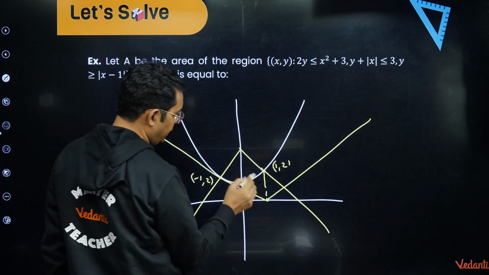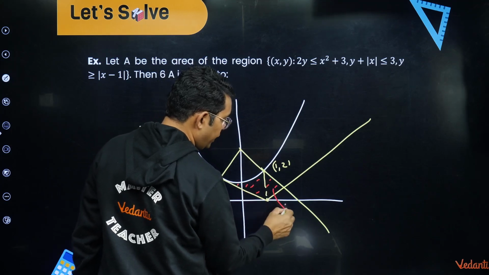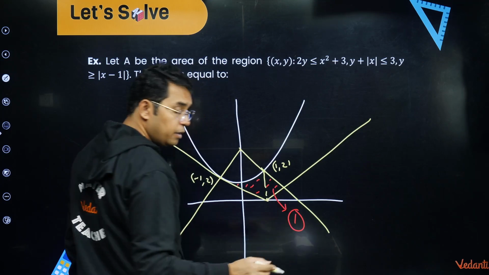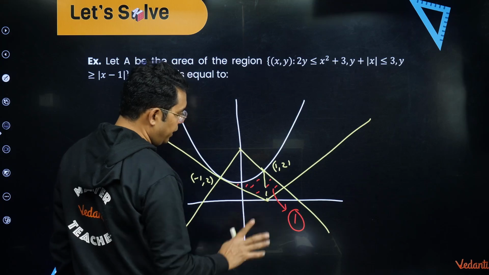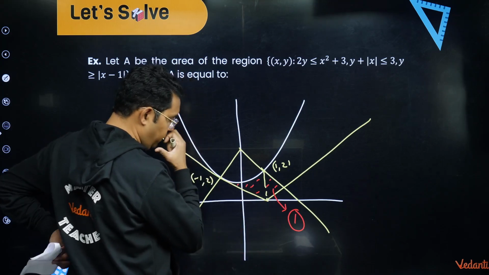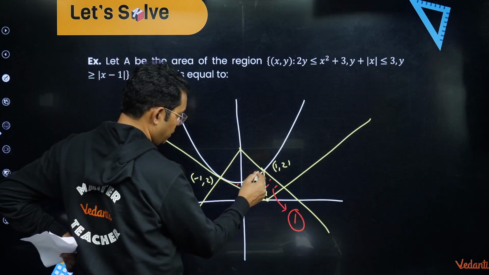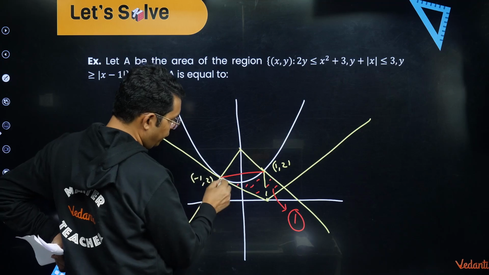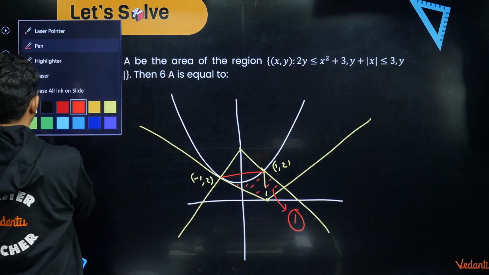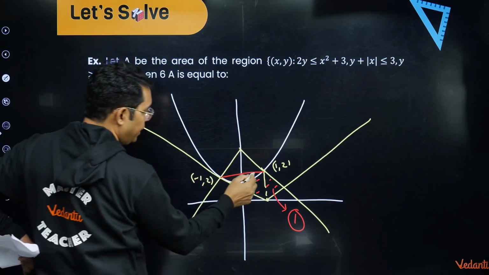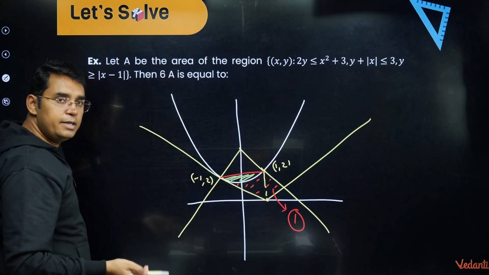And we are looking for this area. This we have already found using the area of a triangle, half base into height, so I will not do it again. Now to find this area, what I am thinking is that if I find the area of this triangle and subtract this portion, let me use this green color here, if I subtract this portion from this triangle, I think we will get the desired result.